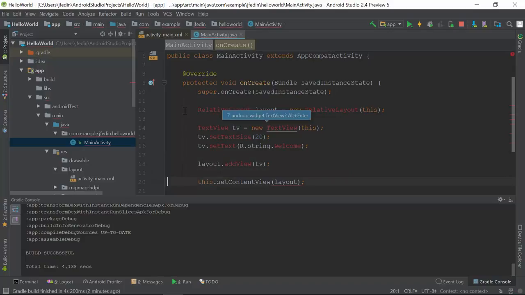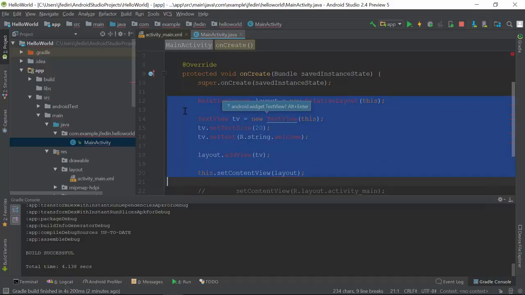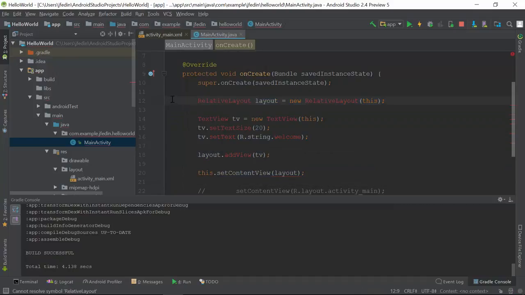Line 20, we're actually adding that whole layout to our application. Again, you don't need to know this right now. This is essentially what the XML code is doing, except it's not doing it in Java code. It's doing it in XML by using the graphical editor. So again, as always, when we add and edit source code,